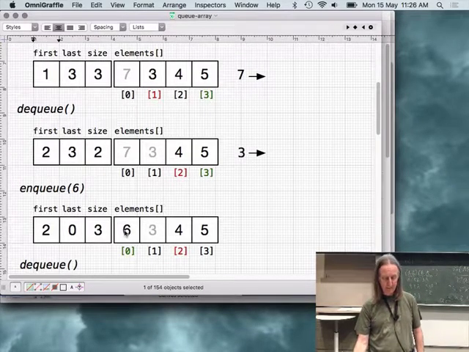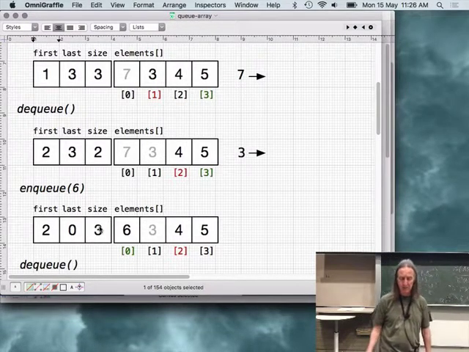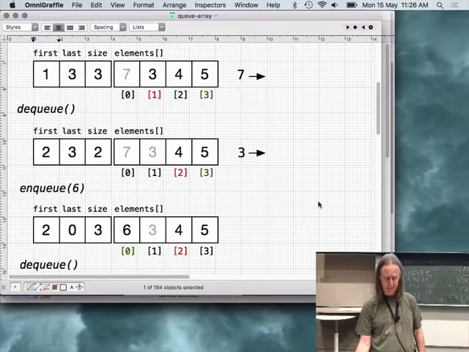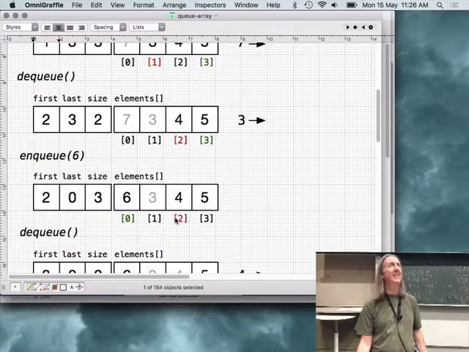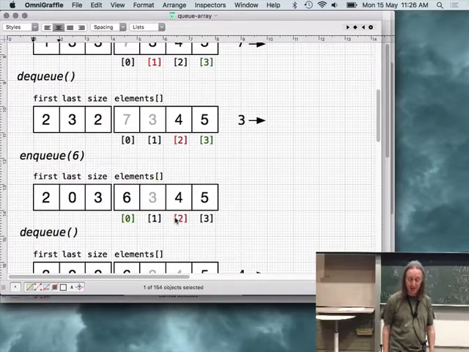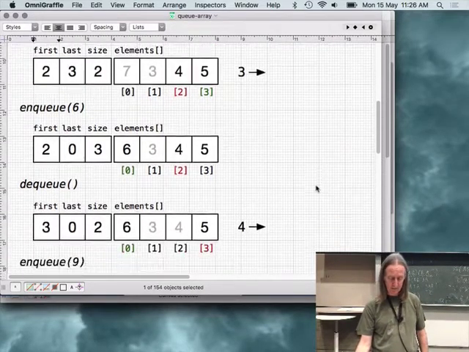So first doesn't change, last does change, and it becomes equal to 0, whereas before it was equal to 3, and the size of the queue is increased by 1. Red shows where the head of the queue is, green shows where the tail of the queue is. And now you can see that the head is in front of the tail.